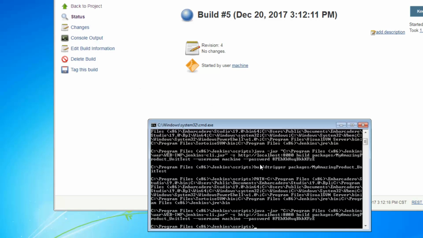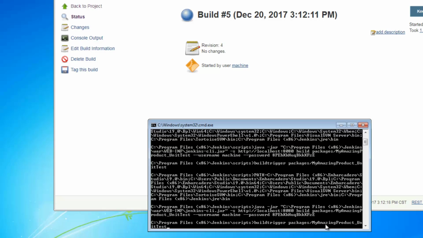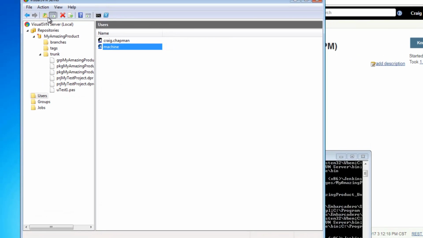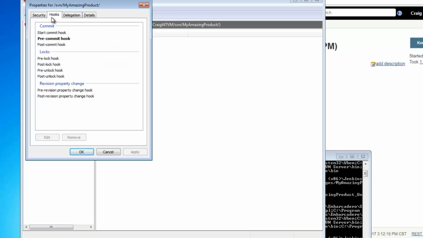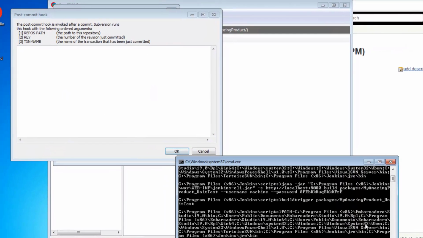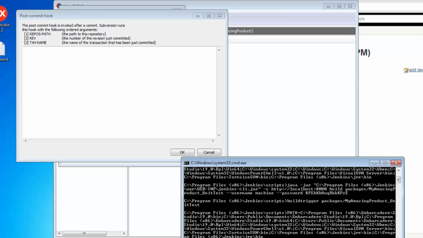So all we really need to do is take that command line instruction, build trigger, and put it into our subversion setup. So I'm going to go back into the subversion server, right click on my repository, and go to properties. Under hooks, instead of the pre-commit hook, this time we want the post-commit hook. In the post-commit hook, we need to provide the directory of our build trigger script. So I'm going to mark this and copy it all out. That's the directory of the script and the script name itself. So I'm going to copy that